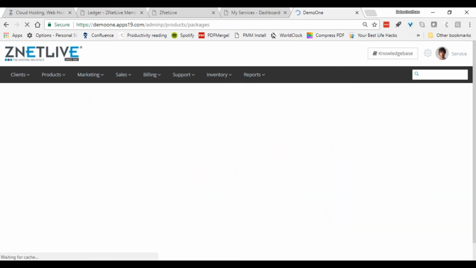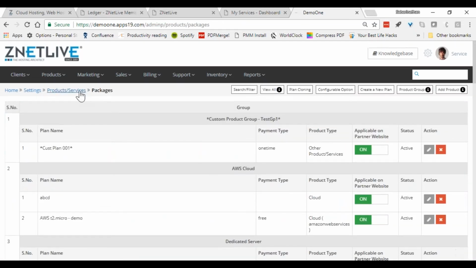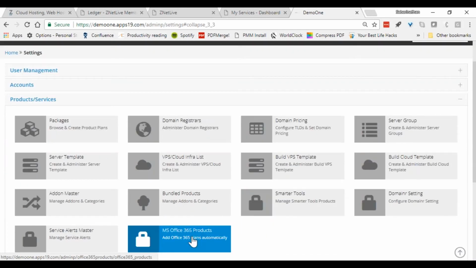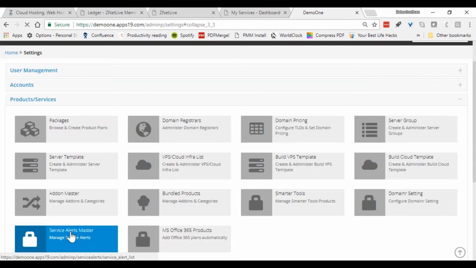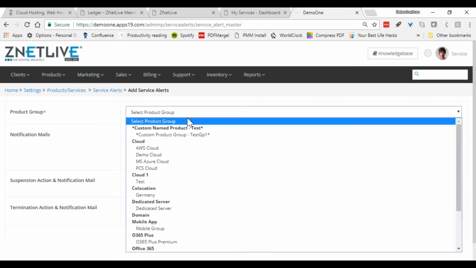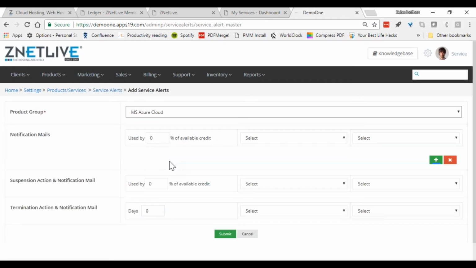as well. So going back here again, remember I was telling you about being able to alert the customer for threshold limits as well. So you can add service alerts to say, I want to send an alert for Azure when the consumption has reached 80% of the budget, send this email, etc. So you can do all of that alerts here.